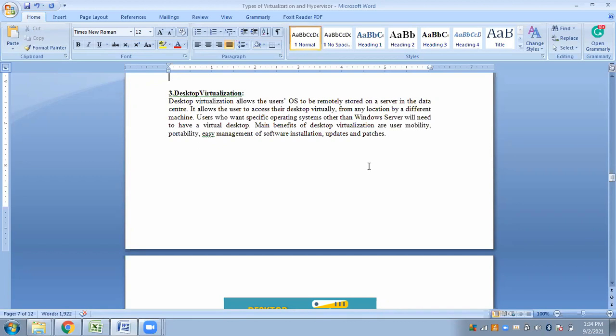Sitting in your location, your system has some other operating system. Suppose you have Windows Server and you are not willing to work on that system, so you can own a desktop in the cloud. You need not store any other operating system in your hardware. You own a desktop in the cloud, and there you have all the data stored. So whenever you want it, you can access it through your system.